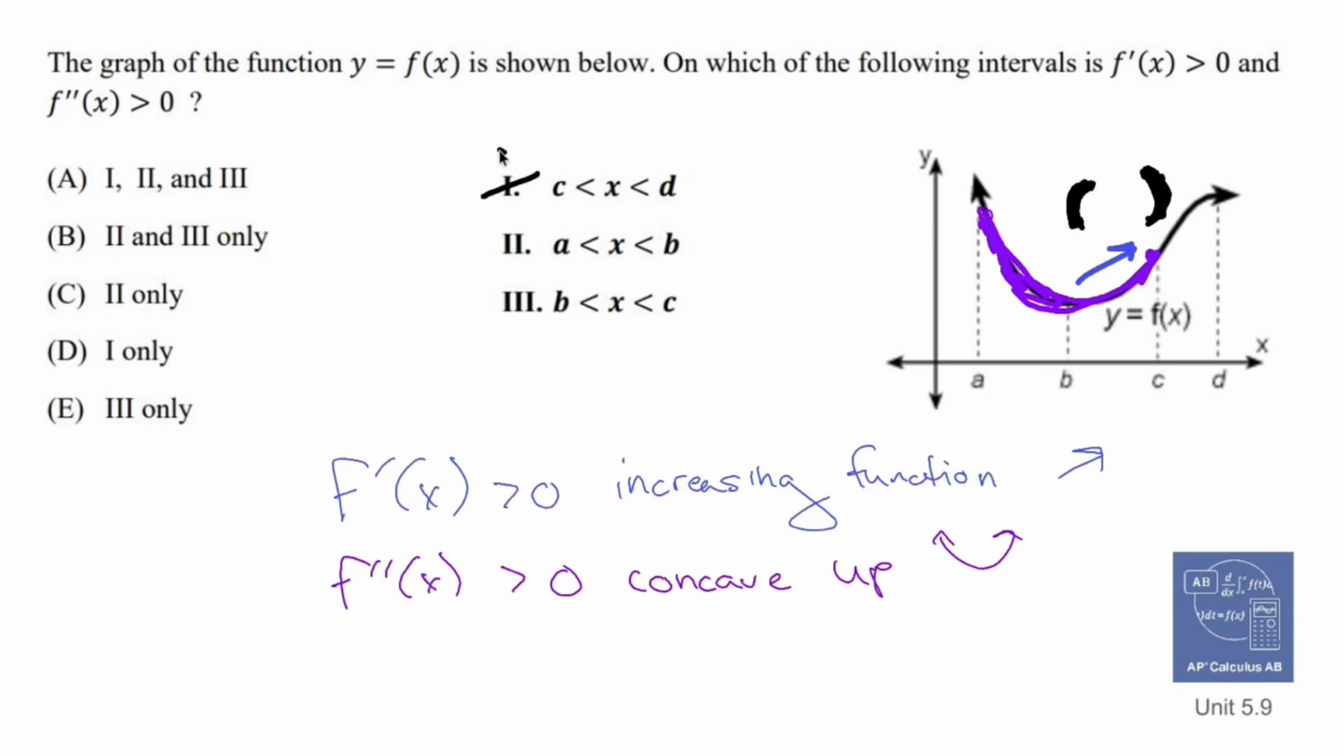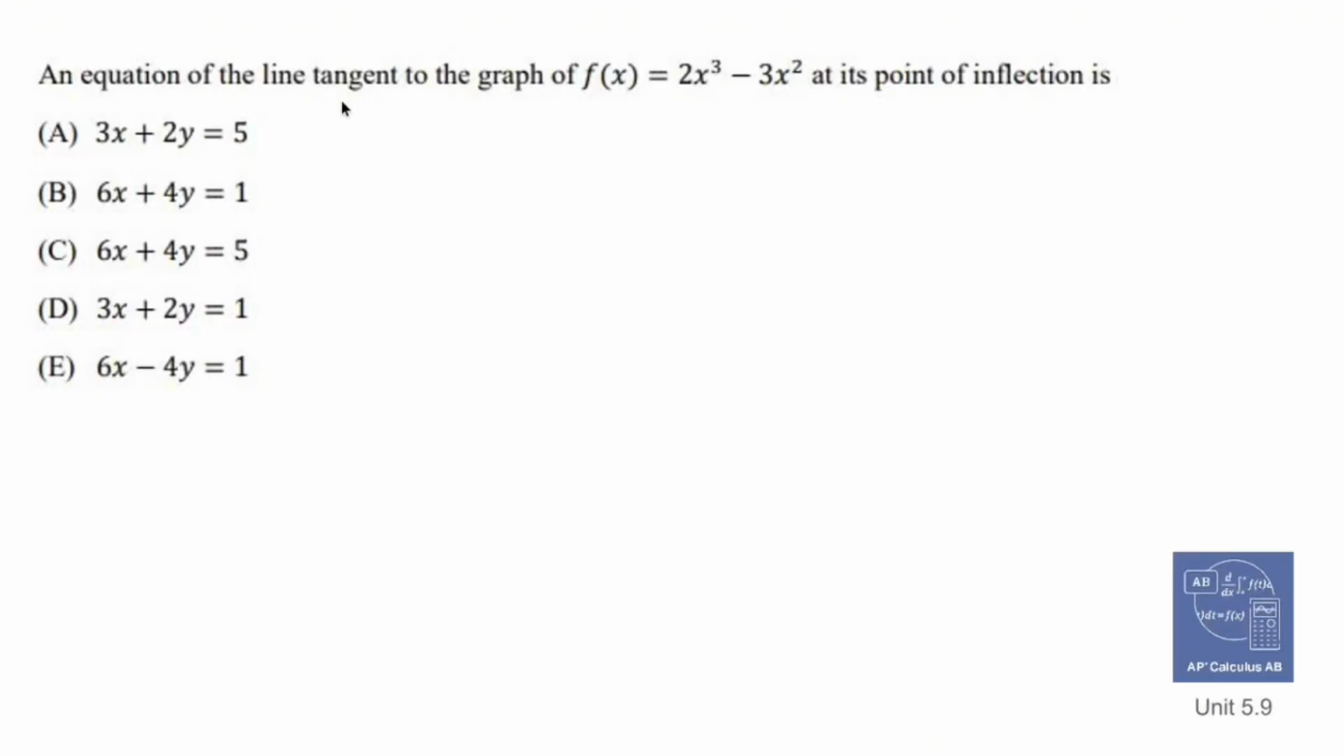So between C and D, no. Between A and B, no. Between B and C, yup. And so we're going to say 3 only for that guy. Okay, that's where I want both of those things to occur, and both of those things occur only in between B and C. Done. An equation of the line tangent to the graph of f of x equals 2x cubed